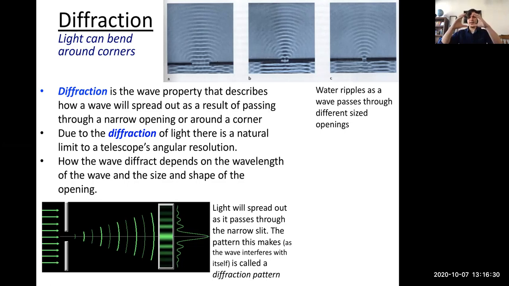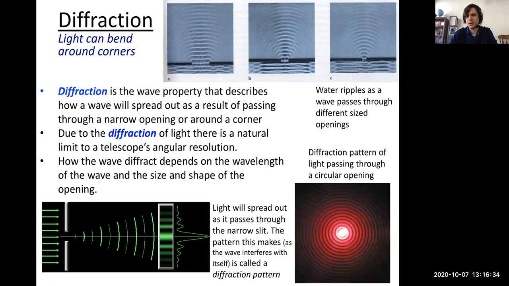If you pass light through a circular shaped opening, a circular shaped aperture as we'd call it, then you don't get a pattern that looks like this. You still get a bright central part, but then you get rings of dimmer and dimmer rings. So this is the diffraction pattern caused by passing light through a circular opening, like the shape of our pupil